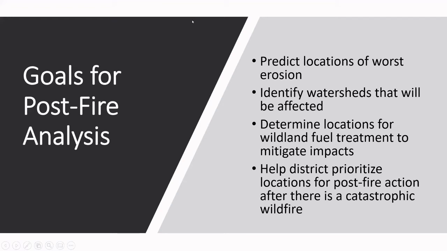So when working with the fire protection districts, the Platte Canyon and Evergreen in particular, these were some of the goals that the fire protection district wanted out of the post-fire erosion modeling process. They wanted to know where worst erosion is going to be and what watersheds those are going to affect, streams, roads, things like that. And they really wanted to focus on utilizing this information as one facet of the suite of tools to prioritize where on the landscape would be most important for conservation or for mitigation.